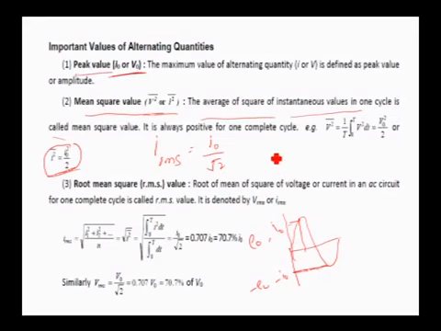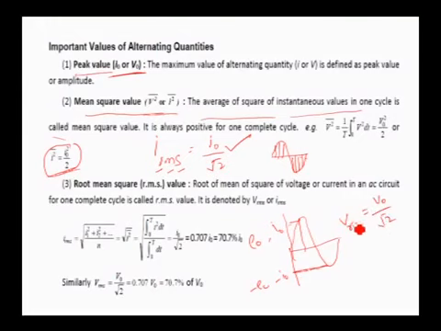Because in the entire cycle of AC, there is different EMF or different current at different instants of time. If you square all the instantaneous values, take the mean of it, and then take the root of this, it is the root of the mean of the squares of the instantaneous values. That is RMS, which I have explained. The RMS value of current is given by I naught by root 2, and the RMS value of voltage is given by V naught divided by root 2.